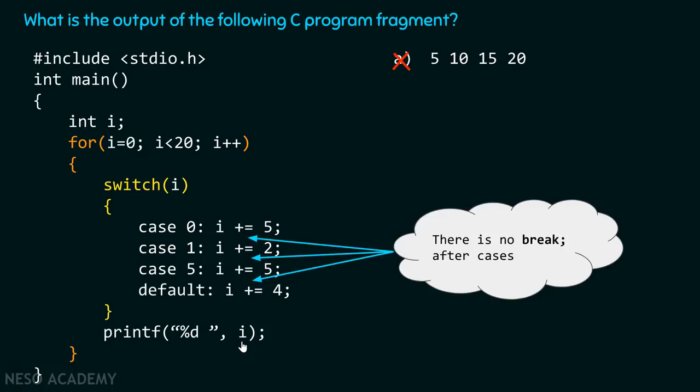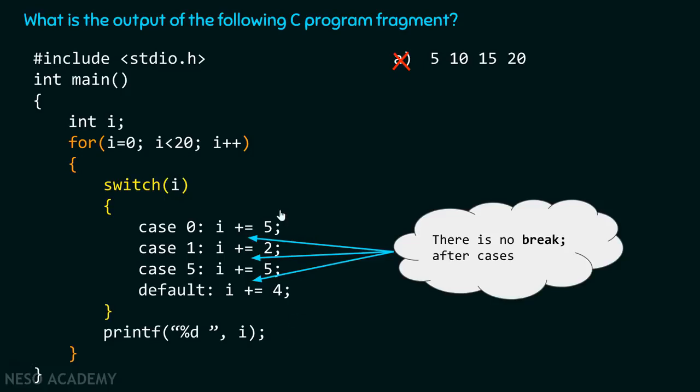And then we know, after printing the value of I, we come to this point and increment the value of I by 1. Now 16 becomes 17, and we simply check the condition, is 17 less than 20 or not. As 17 is less than 20, therefore we come inside the for loop. As 17 is not matched with any of these cases, therefore default case will get evaluated. And now I becomes 21 after adding 4 to 17. And hence, what is printed on the screen is 21 after printing the value 16.